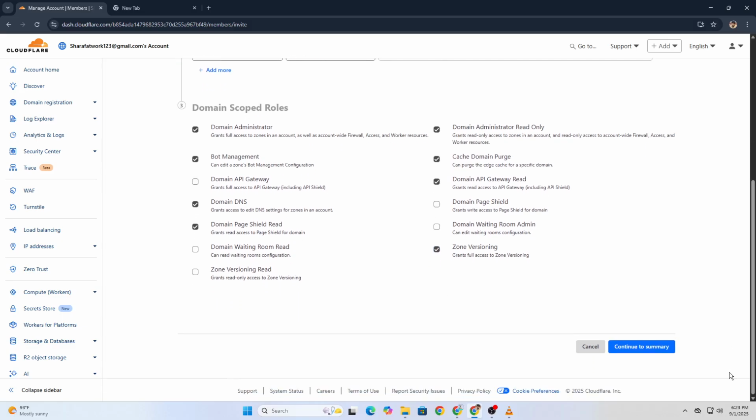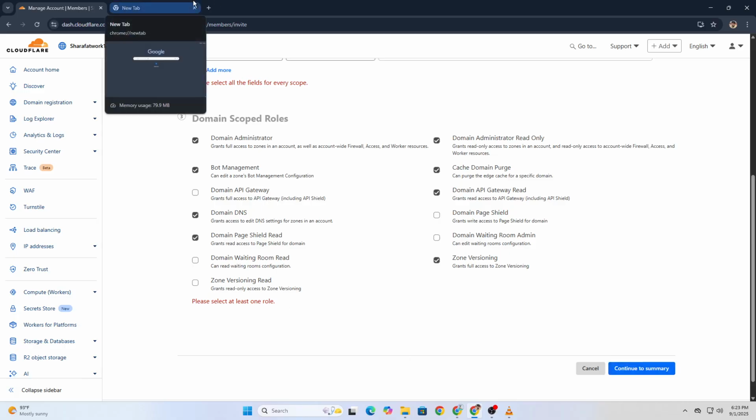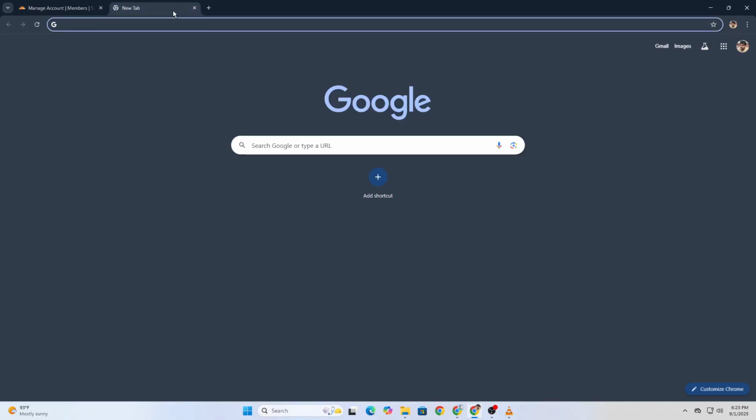And that's it. You've learned how to manage user accounts with Cloudflare. Practicing these steps is a great way to ensure you're making the most of what Cloudflare has to offer, keeping your online operations